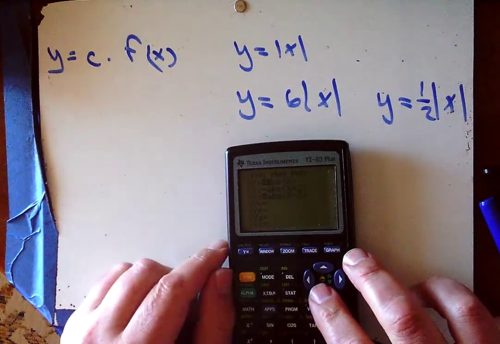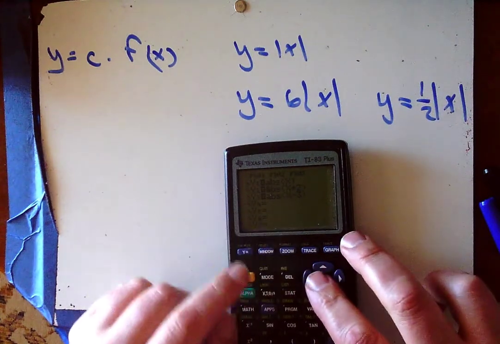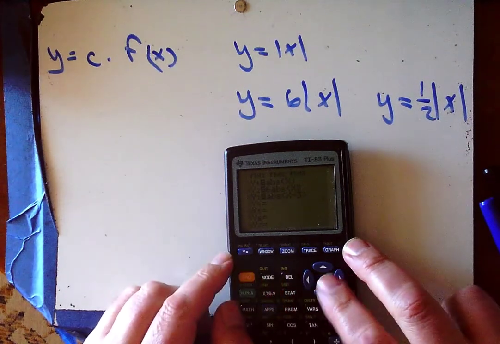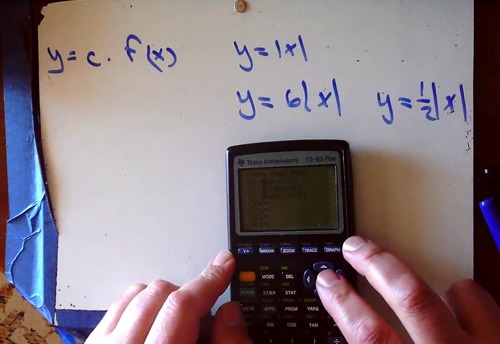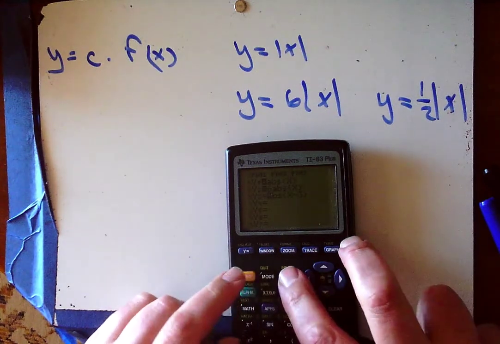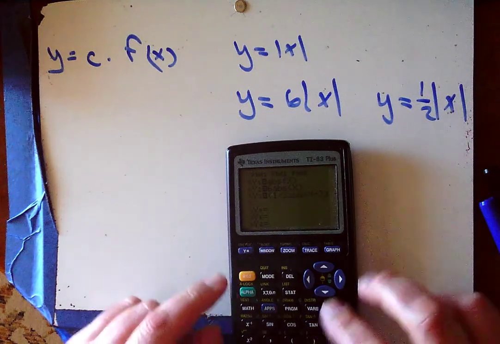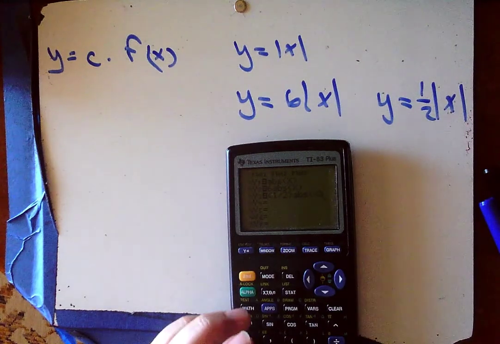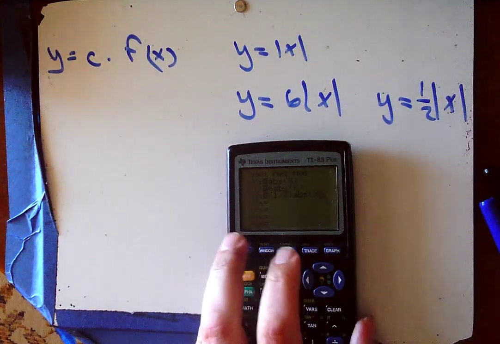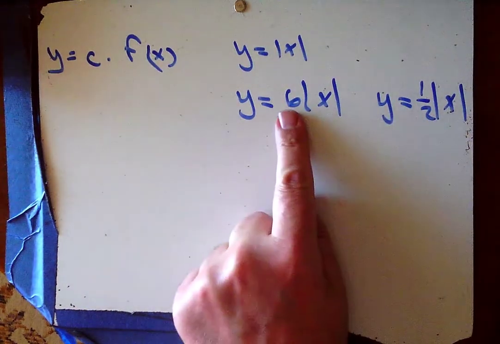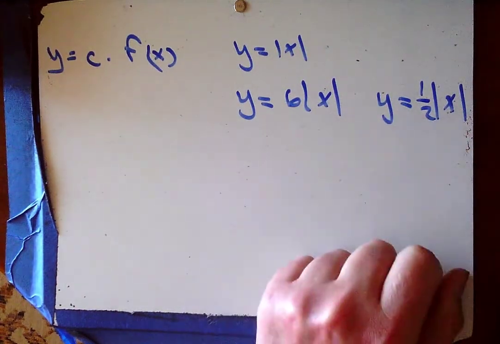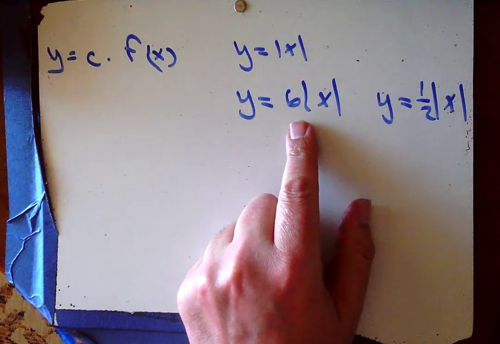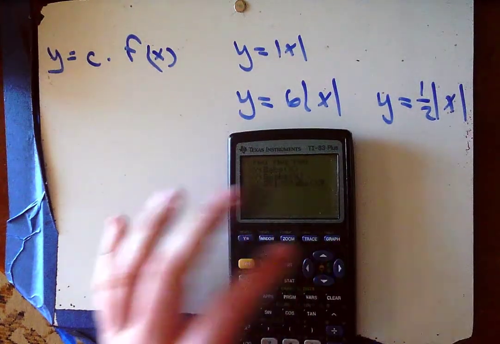So I'll come back here, and I'll turn this into 6 absolute value of x, and turn that one off for now. Insert 1/2 absolute value of x. All right, any thoughts on what it might be? Can you take a guess? What do you think is going to happen? Well, I noticed these transformations are outside the function. And when they were outside before, they affected the y values. Will this shift the graph up 6 places? Let's take a look. If I hit graph,